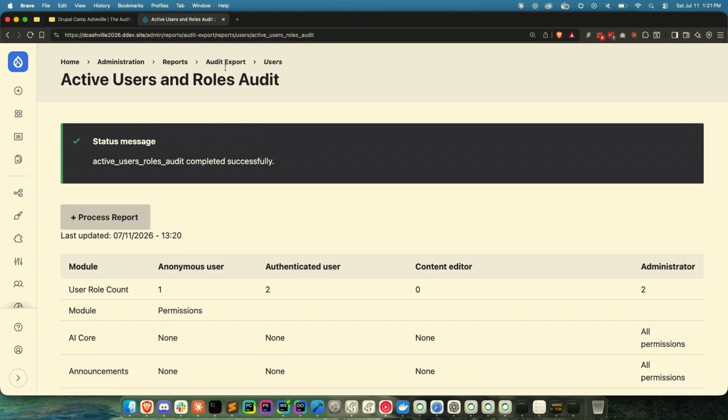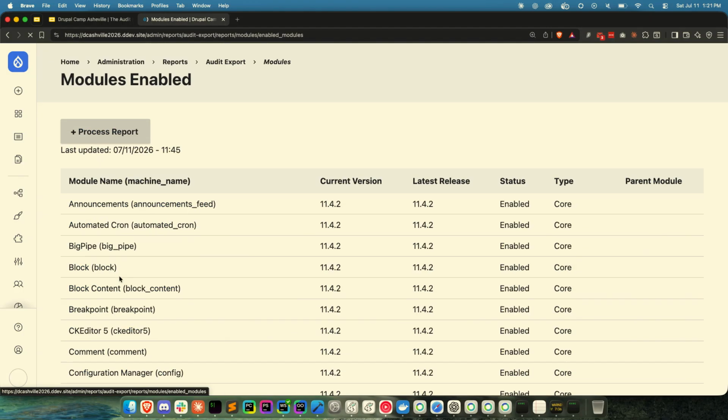And so most of these are the same. It's like modules that are enabled. It gets the current version and the latest release, so you can get a bird's eye view of available updates for a site. A lot of this information is already in reports within Drupal. But it brings it into one place, adds some tooling around it, and adds the mechanism to take that information and deploy it somewhere, like via the remote post module, or if you're using tools like Claude or ChatGPT, connecting to it via the MCP module,